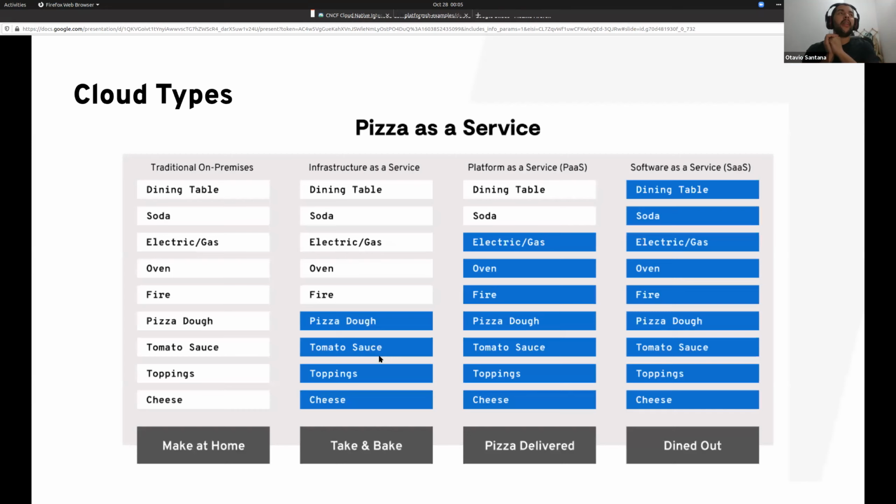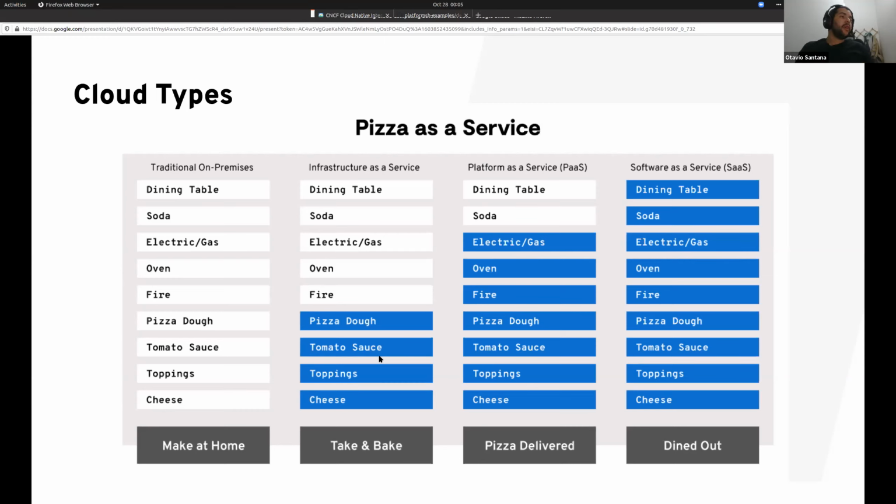That's a classic analogy that we have here. Basically, I try to compare cloud with pizza because both are services and we have several kinds of service and both are amazing as well. So I enjoy eating pizza while playing something in the cloud.